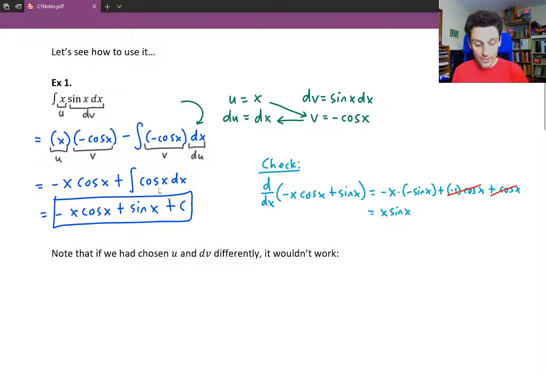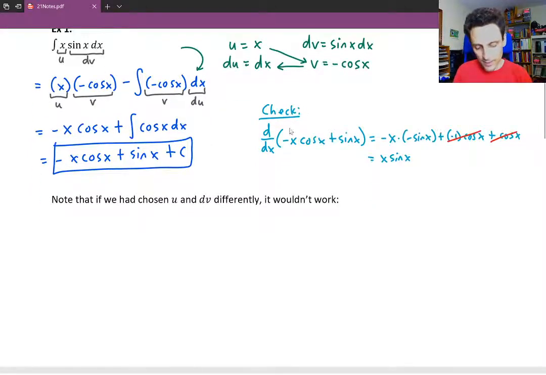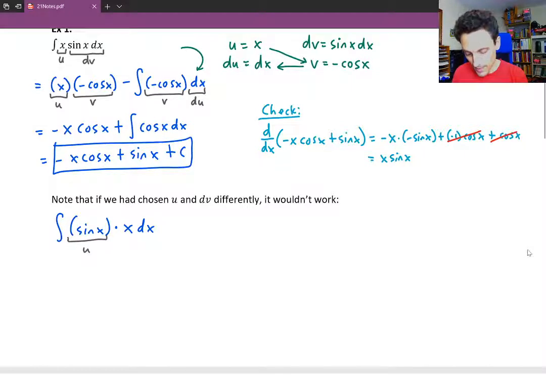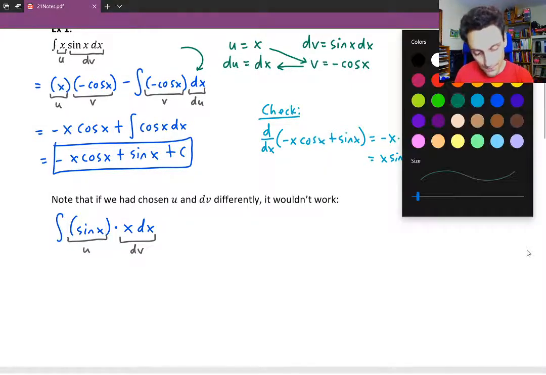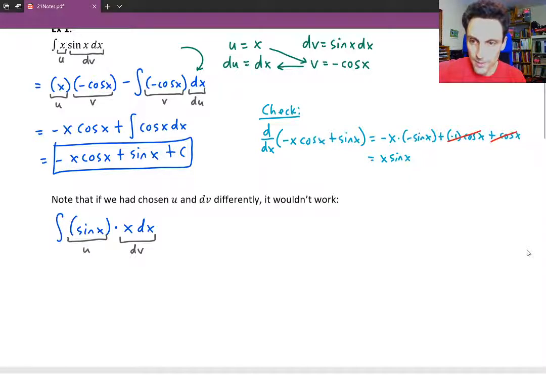Now if we had chosen a different u and dv and run those through our integration by parts formula, it wouldn't give us a new integral that was simpler to integrate. Let's see what it looks like in that case. Let's say that we switched the x and the sine x around so that we're going to identify the sine x as the u and the x dx as the dv. And then over here we're going to write